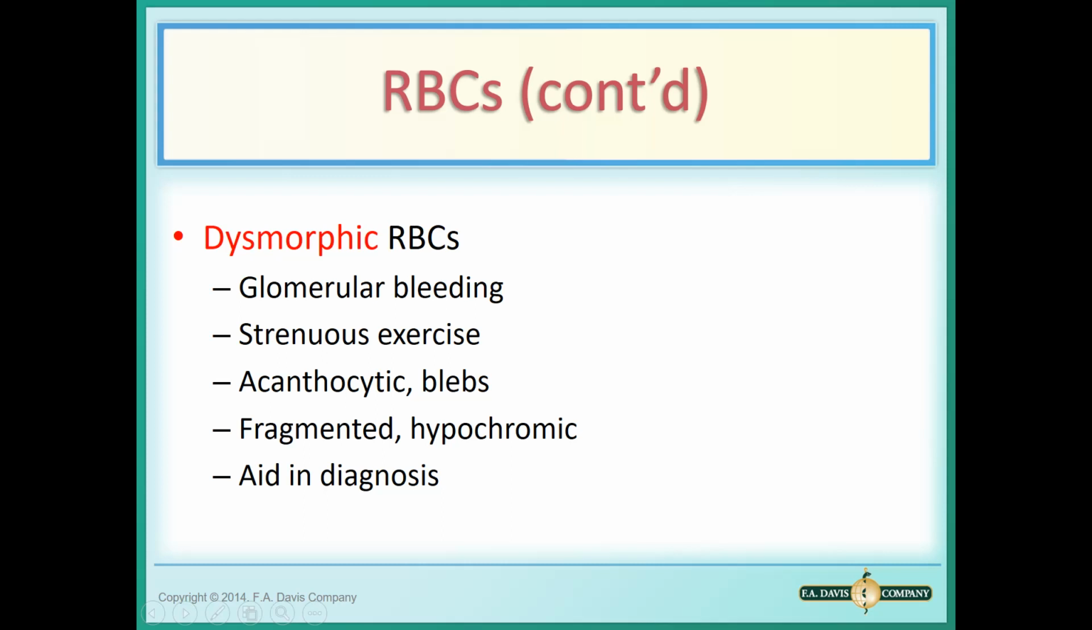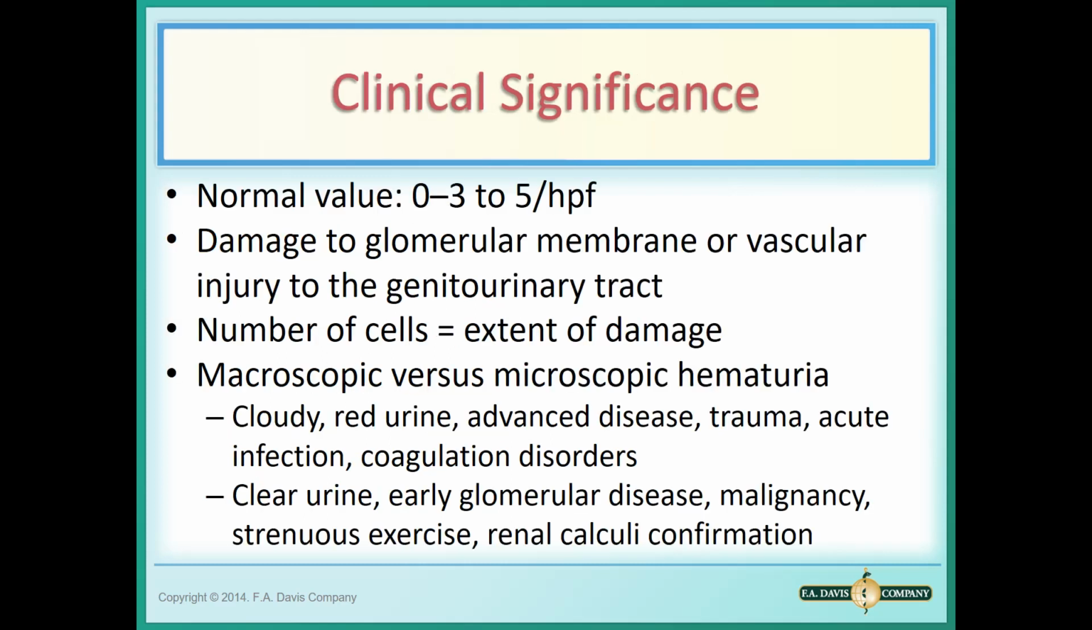All of these things, these dysmorphic shapes, can help a physician to diagnose it. So if you do see things like acanthocytes in the urine, we'll mention that, as long as that's what your lab's policy is. Normal value of red cells, 0 to 3, up to 5 per high power field. After that, you're really starting to consider that there may be some damage to the kidney, typically to the glomerulus,